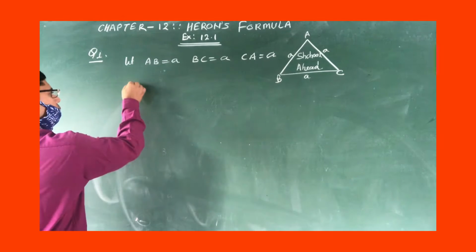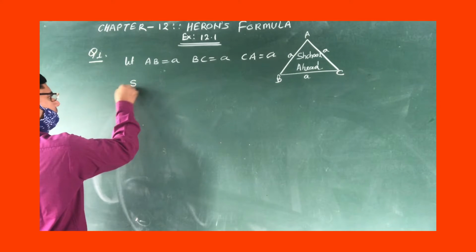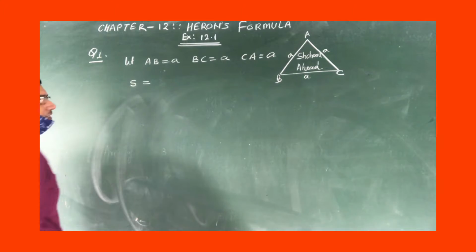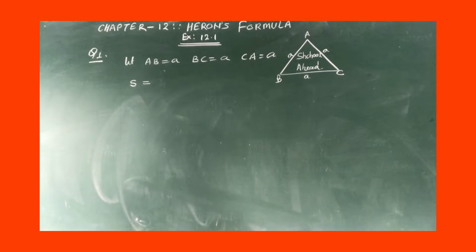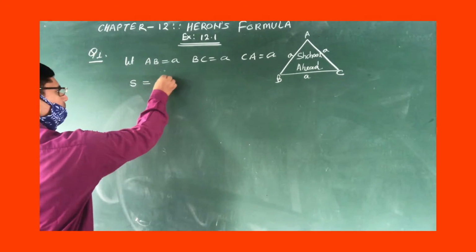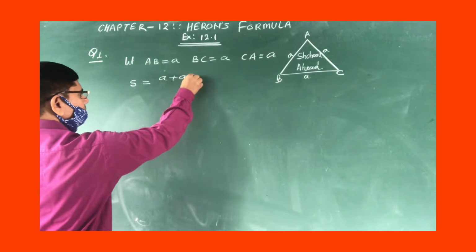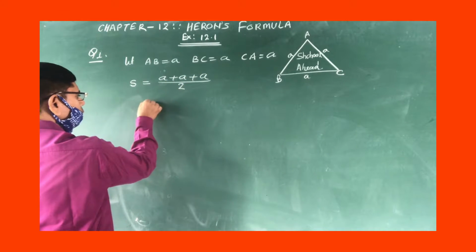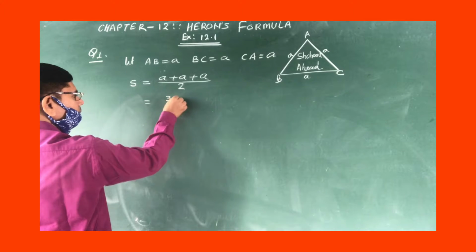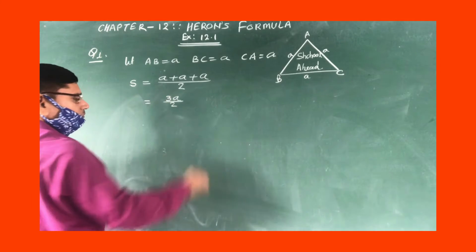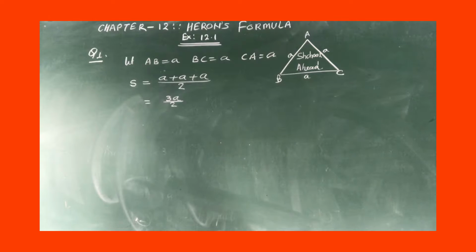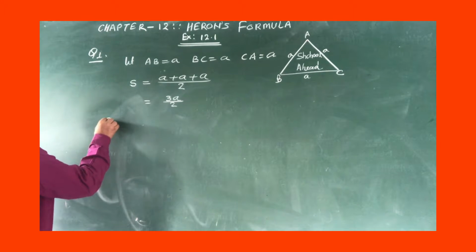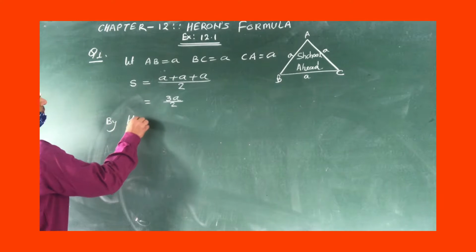Now dear, you will find first of all S. S means semi-perimeter. That is A plus A plus A, divided by 2. So this is dear 3A divided by 2. This is the semi-perimeter. And dear, you know that by Heron's formula,